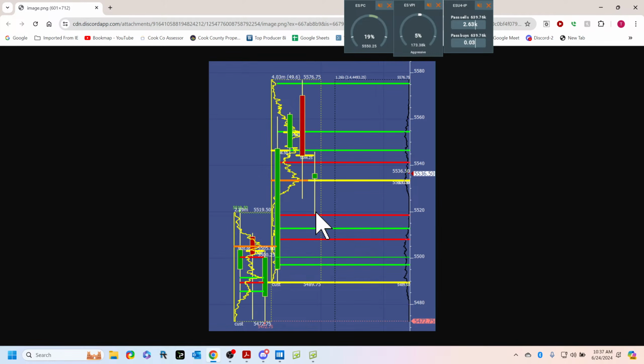So what we were looking at on Friday was come down, take out this low, which was Thursday's low, and get more shorts in the market. Write this down: market goes up to go down, market goes down to go up. Now, up to where is always the fun part. So this was the low of the day.